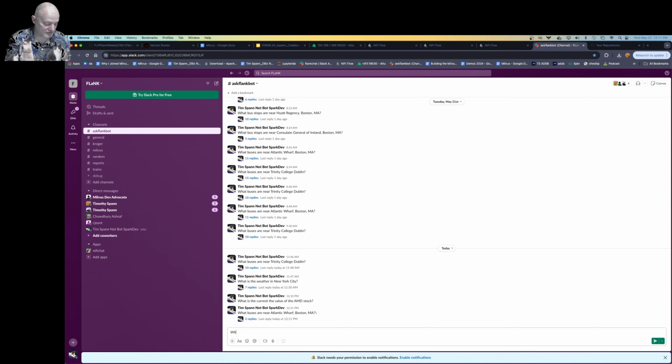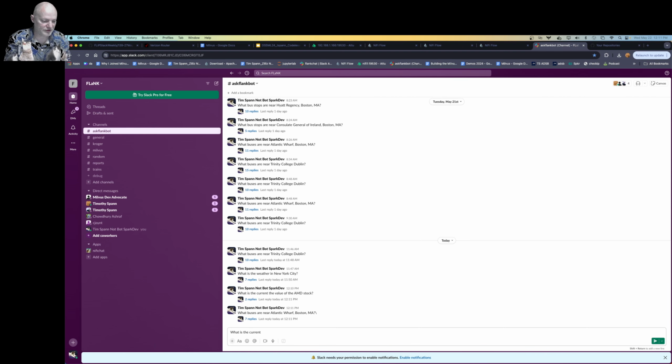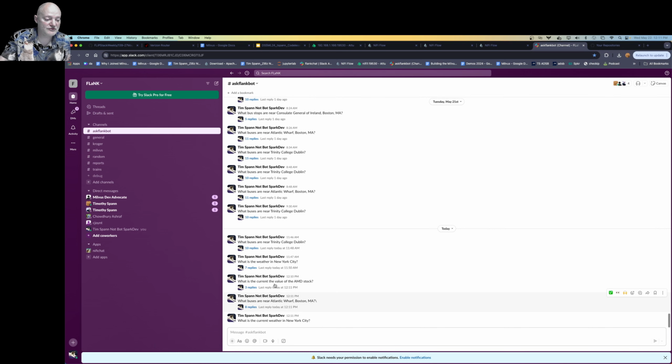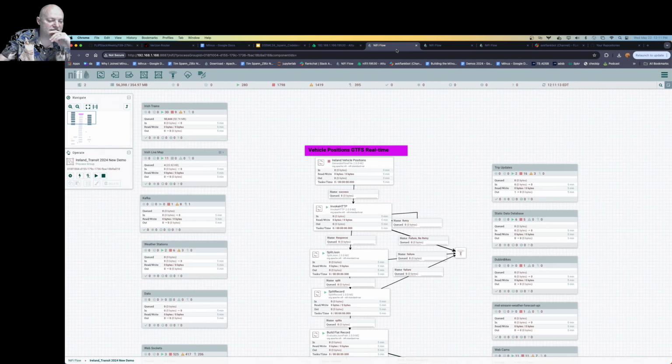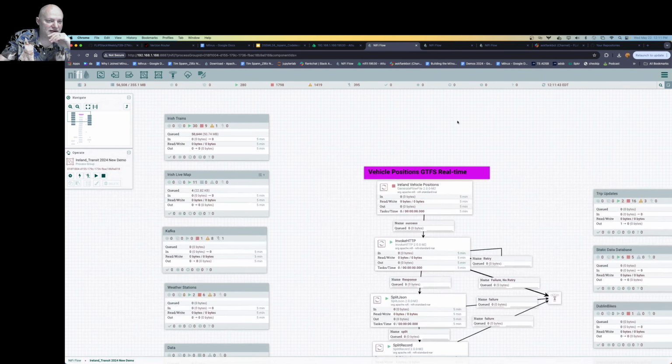We could also do things like what is the current weather in New York City, which is the closest major city to me. And if you look, we're getting replies, but let's not jump the gun. So we got replies back from my question, and that's from our bot, and that Slack bot is running here in NiFi. But I'm going to open up a new window so we could start from scratch,